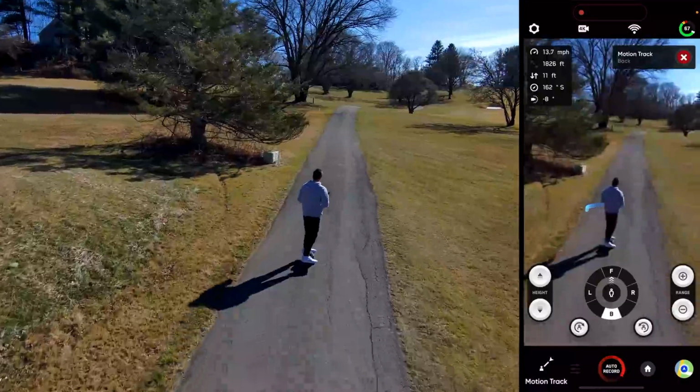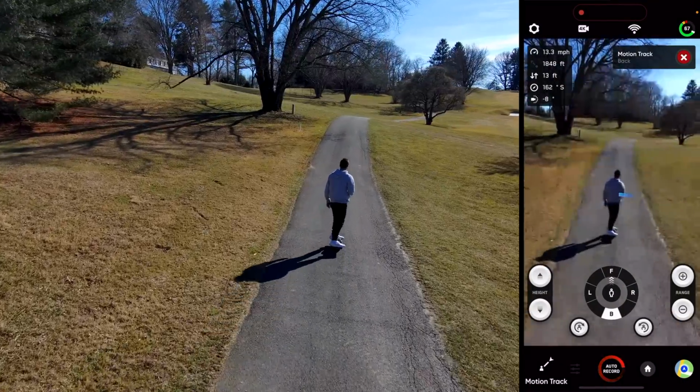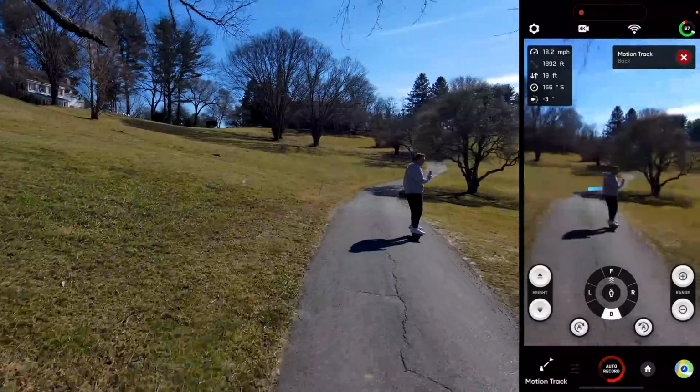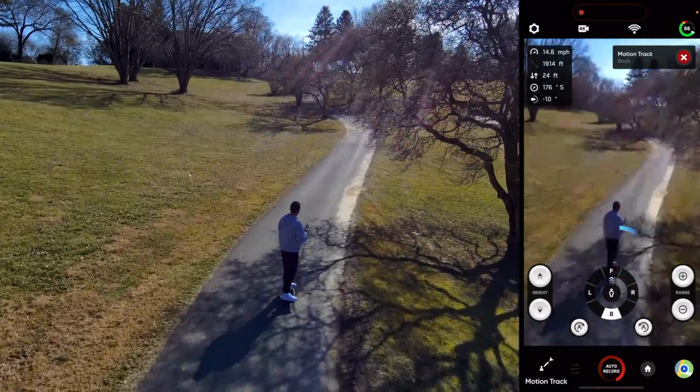It's so funny, when I'm riding and I've got the drone behind me, the Skydio is one of those drones that I know I don't need to look behind me to check out where it is. We do have some low-hanging branches here. So it saw those branches, especially the thin branches, came to a stop, went under,